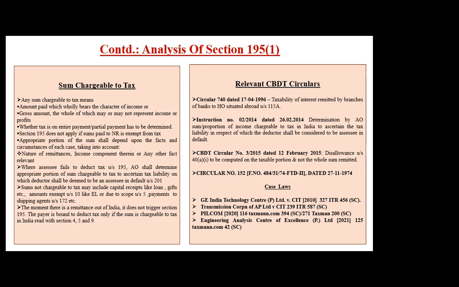If you do not go to the AO, if nothing happens, then I will deduct on the complete gross consideration. So far as the buyer's responsibility is concerned, you have no choice but to deduct on the complete gross consideration, irrespective of the fact that only a portion is embedded in it. But in case the non-resident, the payer or payee, whoever, goes to the AO and asks for determination of that portion, that only this much portion out of that is taxable, after giving his computation, and the AO is satisfied, then he gives a lower TDS rate.